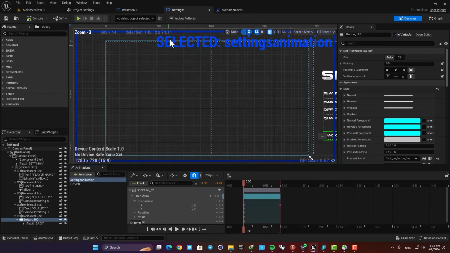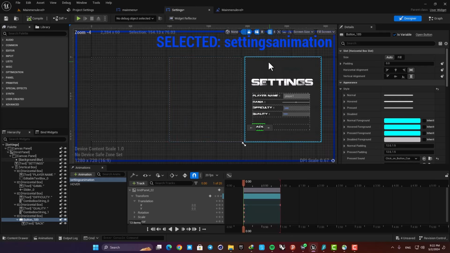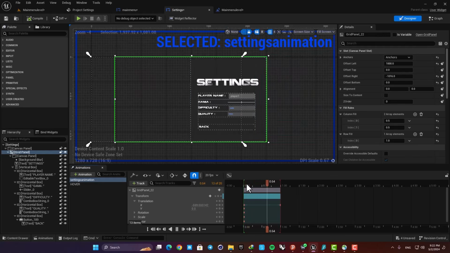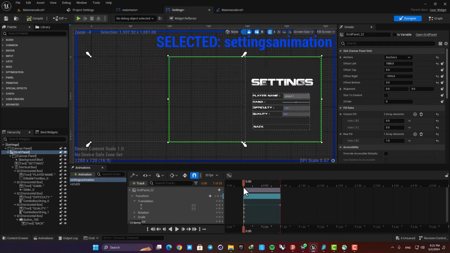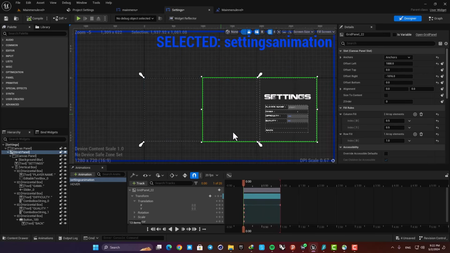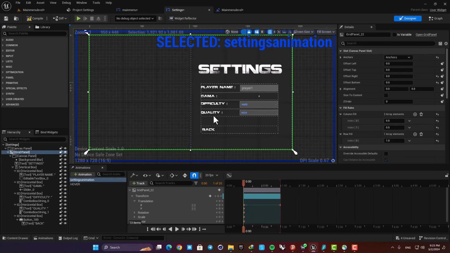So go to the designer mode, and here we have this grid box out of the canvas, and when the animation gets played it comes in, but this causes the bug. So instead we are going to place it at the middle of the canvas, and then here in the animations put it here and then put it back to the middle of the canvas. So just zero out the offset so it's fixed at its location, and then here